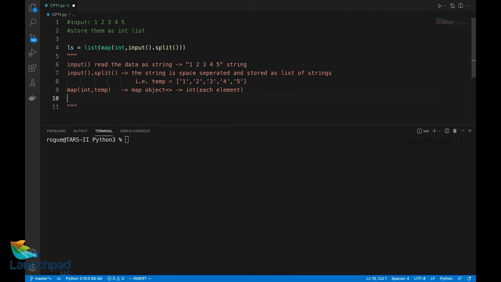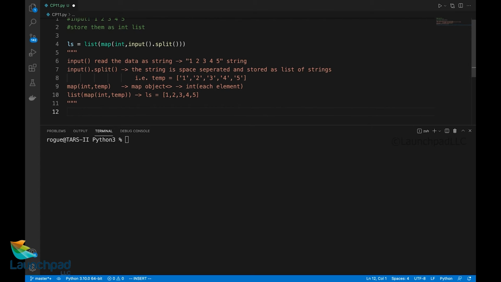Now to make this a readable format, we use list of map, which gives me a list, that is ls is equal to a sample list, 1, 2, 3, 4, 5.